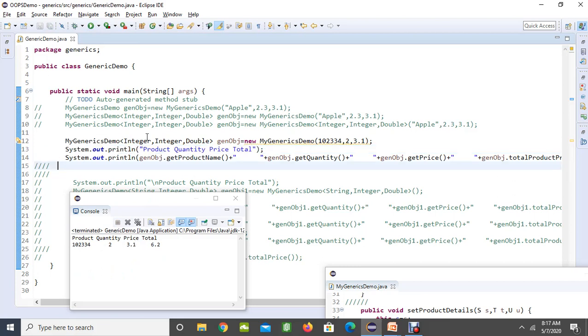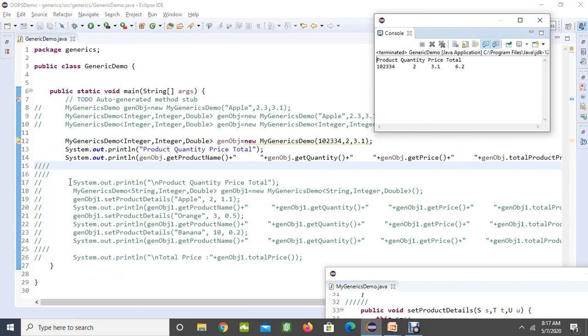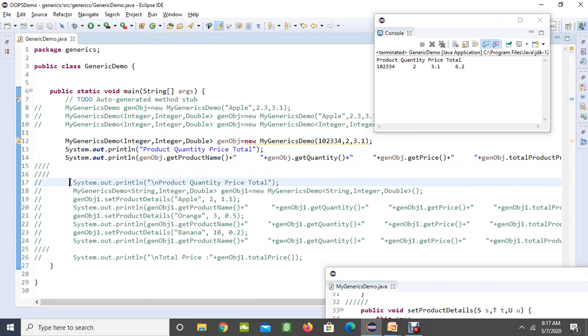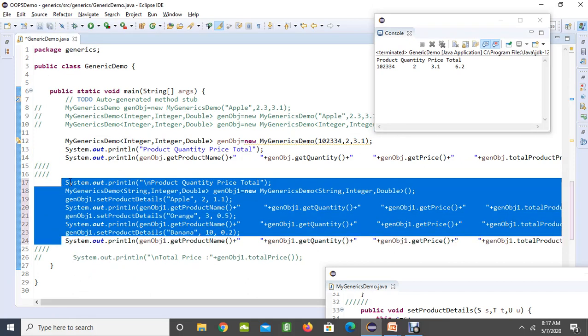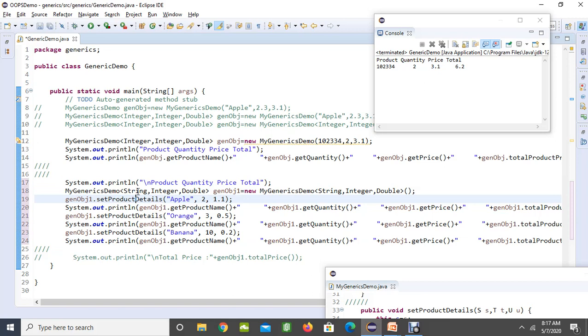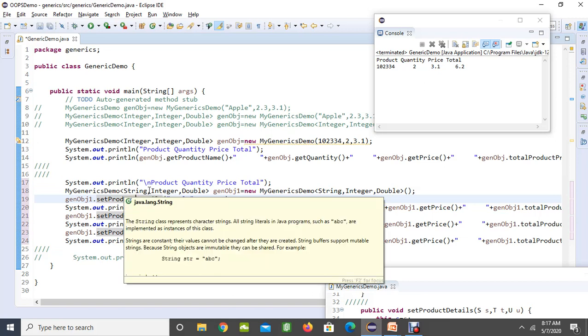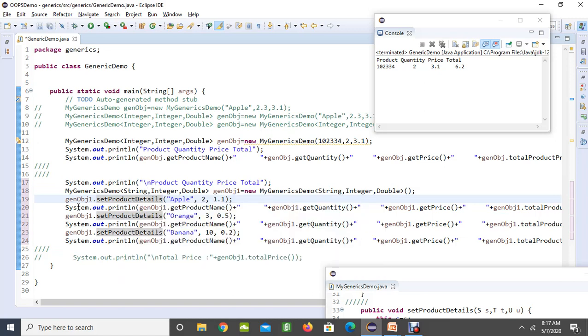So like this you can deal with the parameterized constructor, and if you want to declare only a default constructor and pass multiple values, then you can also do that. Here I have created a default constructor and I am passing multiple values. This time my product is a string, so I am passing strings here. I am going to send apple, orange and banana as the product details, and finally I'm going to give you the total price of my shopping. I'm going to save this and run it.